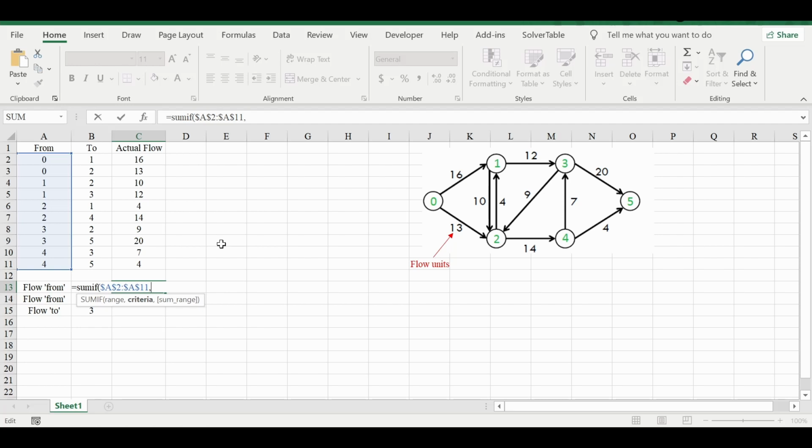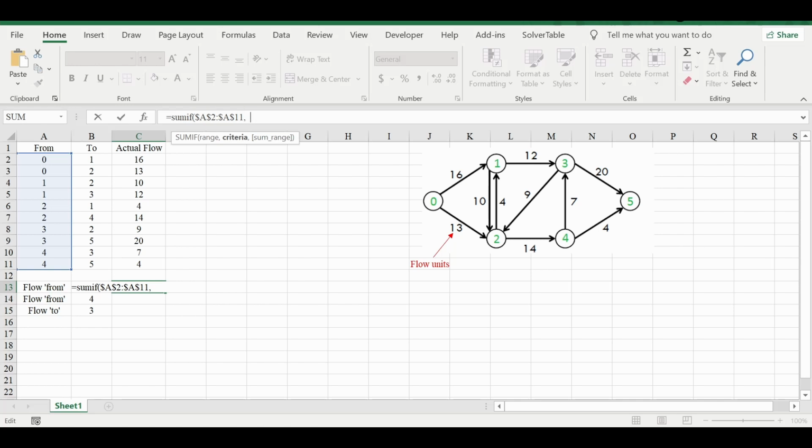We have already discussed that. And the next argument is criteria. What is criteria? Criteria is the condition based on which the summing will be done. What is the criteria here? Criteria is nothing but 2. Basically, we want to know the flow from 2.